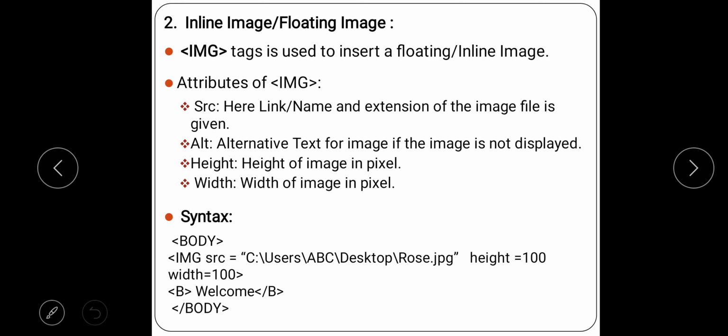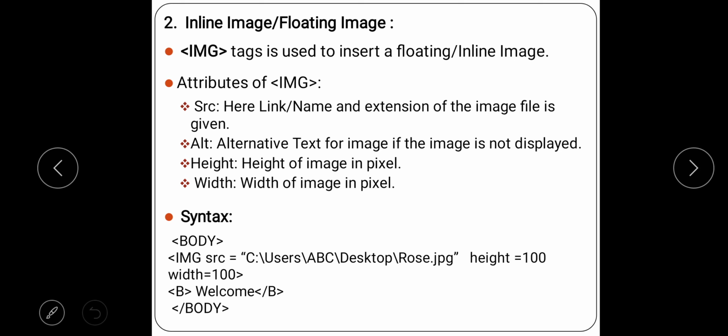So whenever you are using the img tag, it is good that you use the alt attribute, so that if the image is not displayed for technical reasons, the user at least gets to know what that image is about. Suppose I have got a rose image, and then I'll give the alternate text as flower, so that the user will at least come to know that yeah, the image is about some flower, right?